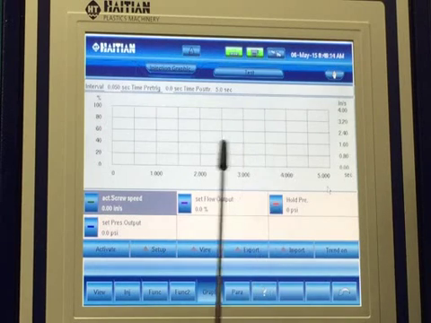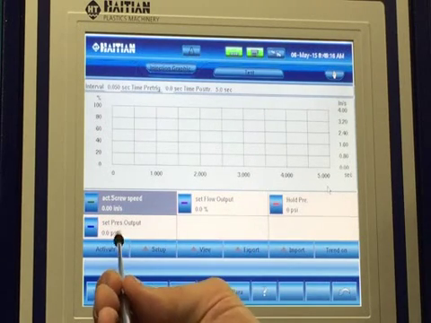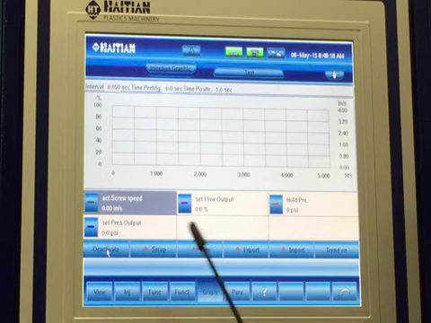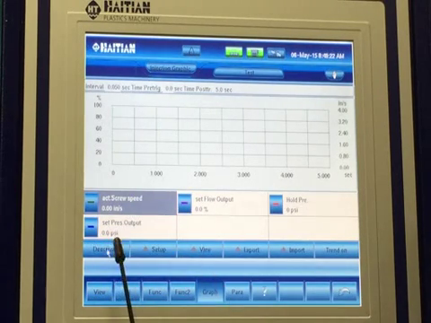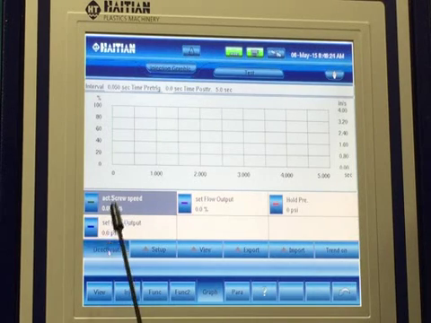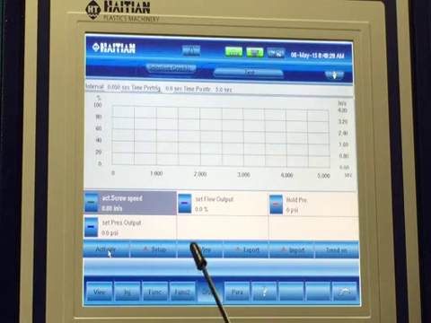Now if we want to turn this on, we have to activate it here in the lower left hand corner. Then if you want to do any other changes to it, you have to deactivate it so it's not recording. You can only make changes to it while it's in the deactivated state. So we'll activate it, and now we'll run a shot. We'll put the machine in automatic, press the cycle start button,